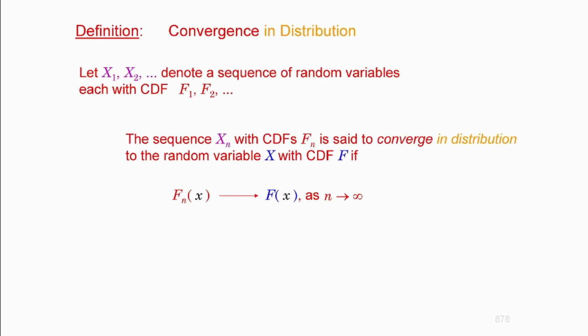If you're not sure what this means, I'm going to look at specific examples, but one example will be the central limit theorem, which I'm going to address also. The central limit theorem addresses convergence of random variables to the standard normal distribution in particular. So that will be converging to the distribution. Sometimes you will say we're not converging to a random variable, we're converging to a distribution. But I'm going to come back to that later on.